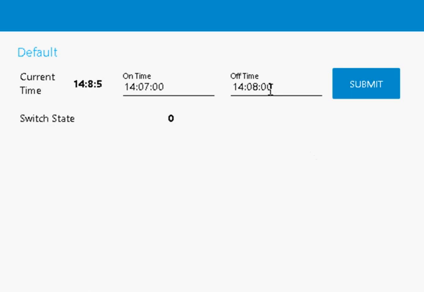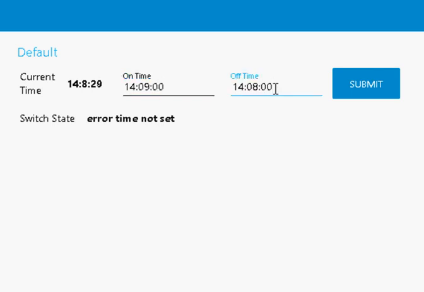Now let's do it again, but this time we're going to set an incorrect timer. So we go to 1409 and we'll set this to 70, which obviously is invalid, and submit it, and we come back with an error, the time was not set. If we set it back to 0,